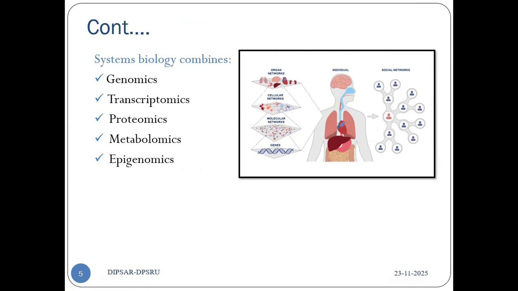It shows how environmental factors alter gene levels. So when we study these in system biology, we are not studying them at individual levels, but combining them all together to understand what happens in a particular disease or particular biology; that we call system biology. So system biology combines all these. You can see there is a cellular network, a molecular network, a gene network. There are a lot of networks, and when you study them combined together, that is system biology in simpler words.